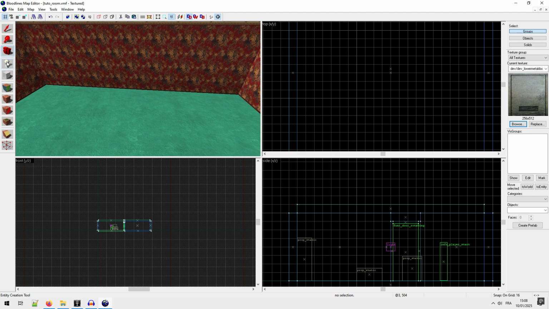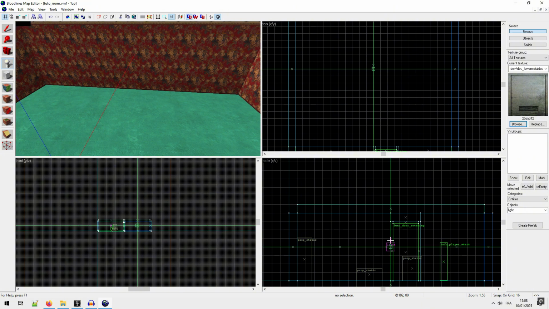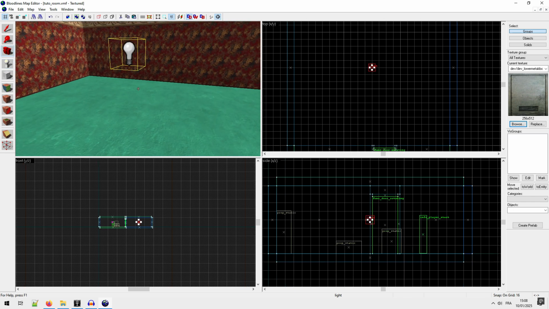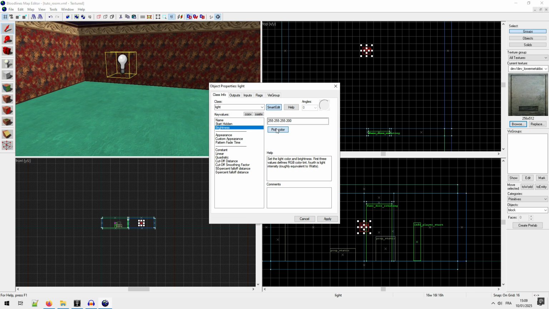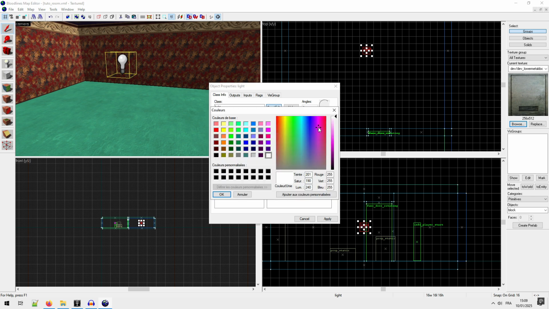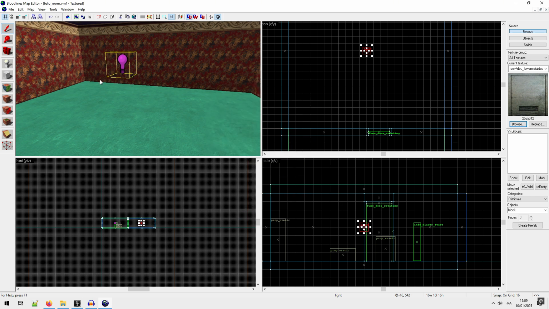So I go to Entity Tool, here I put light, and here, okay. And this one I will change the color, so Edit, Properties, pick color, okay, apply, and let's start our map.